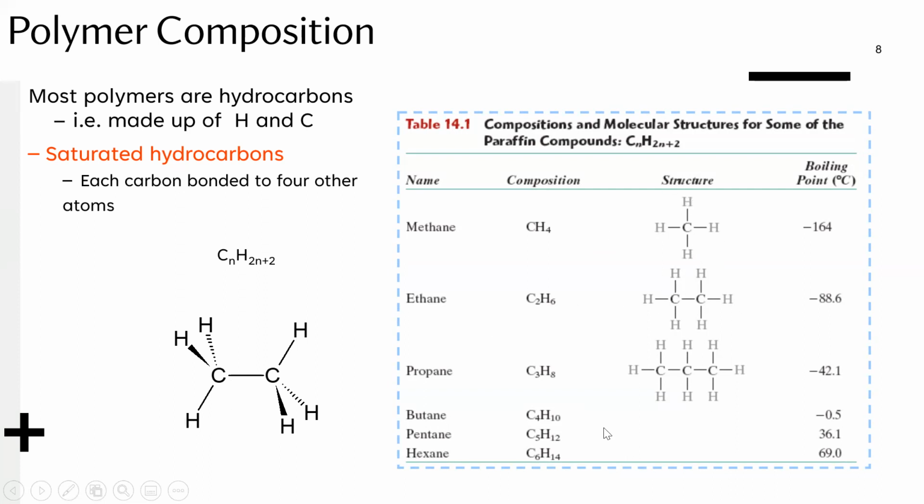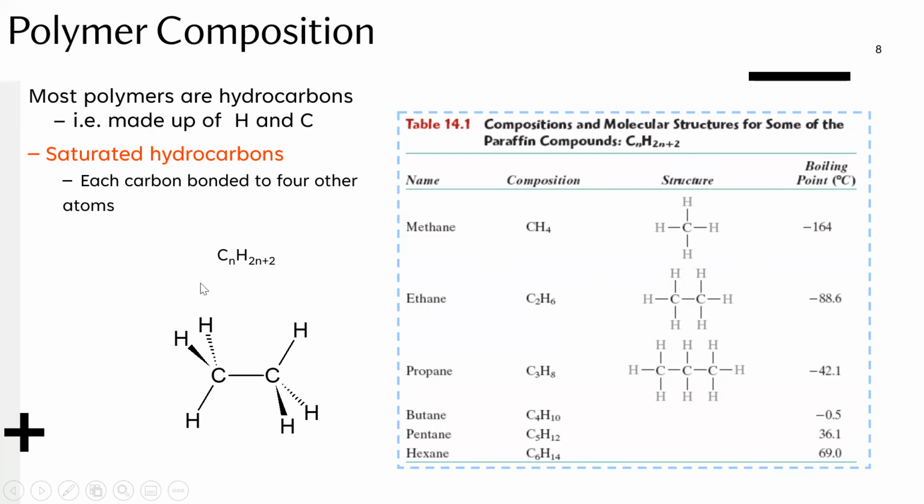All of these are examples of saturated hydrocarbons, and what you can see is that all the bonds are single bonds, meaning that you've saturated this carbon atom here. It's been maxed out in terms of the number of atoms that it can connect to and covalently bond to. So what you see here is the smallest hydrocarbon of the family, methane, CH4. And if you increase the number of carbons to 2, you have ethane,